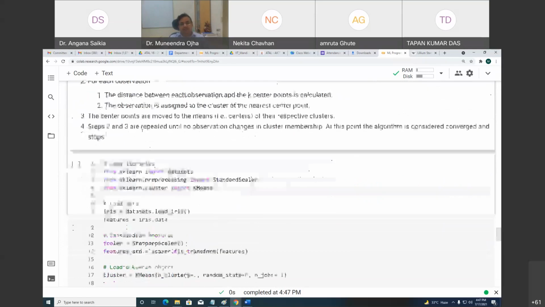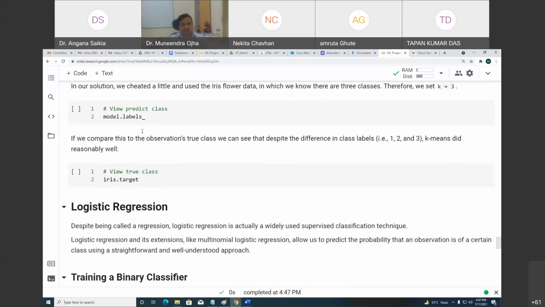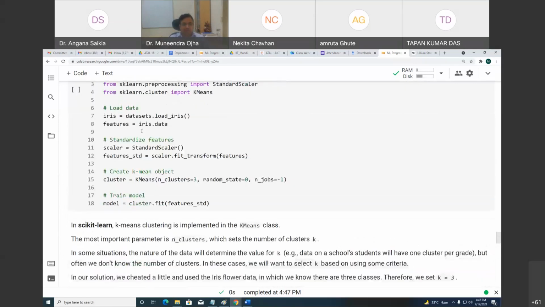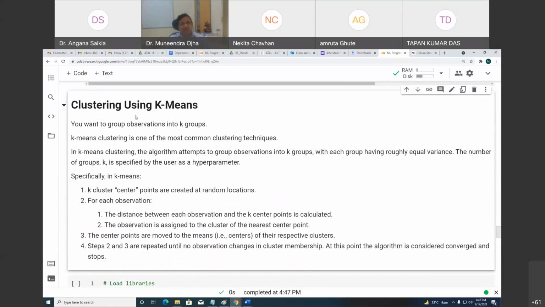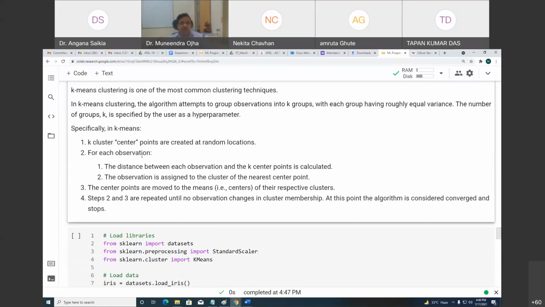Clustering using k-means, I'll stop here. Okay, probably we have 15 minutes, so let's move ahead. You see, this is another example in which we can implement k-means clustering, and with this we can implement the clustering algorithm, the unsupervised learning. So it's a very small demo of how we do it.